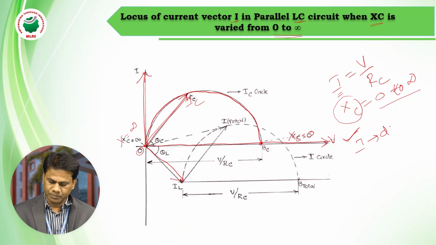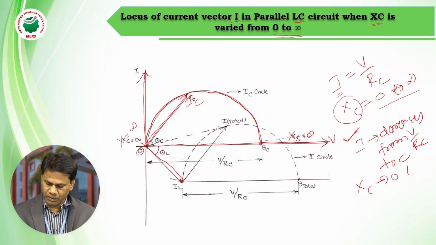Current decreases from the maximum value of V by RC to 0 while XC increases from 0 to infinity. So this is the first point, the locus diagram of the current vector IC which is flowing through the variable element. If you want to draw the locus of the total current vector, that is the total current,